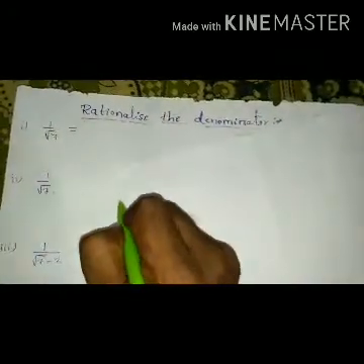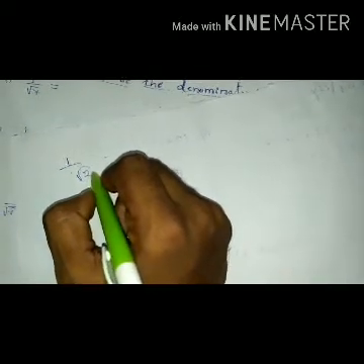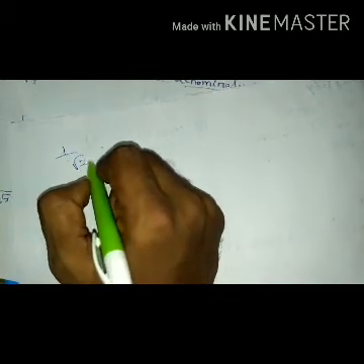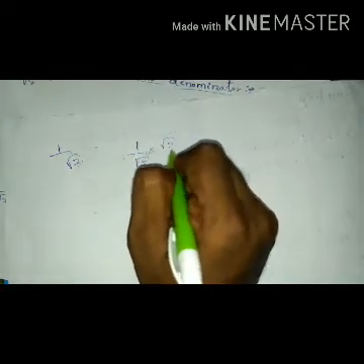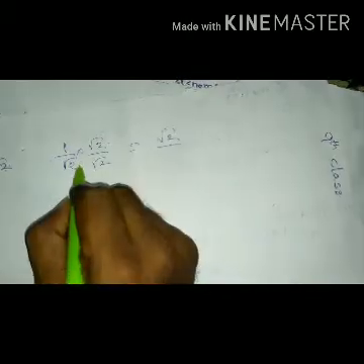The next concept is rationalize the denominator. So here rationalize means, I take an example, that is 1 by root 2. Here in 1 by root 2, the denominator is an irrational number. So we make this irrational number root 2 into a rational number. So simply multiply both numerator and denominator with the denominator. So root 2 into 1 is root 2. Root 2 into root 2 is root 4. So the value of root 4 is 2.